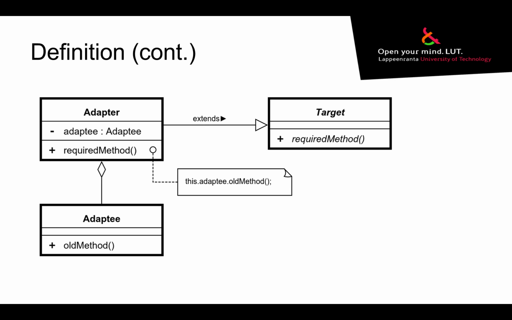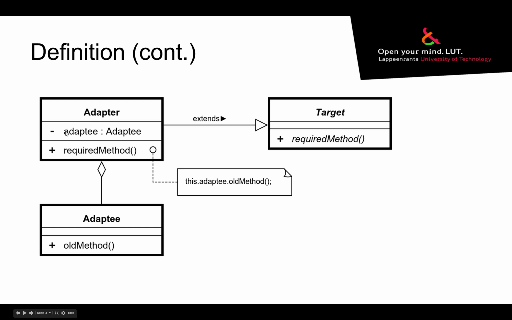So here's the UML. First up, we have our target interface that defines a method, required method here. And we have an existing class called adaptee that has a method called old method. So we want to use this interface or abstract class with this class. So our solution is that we take an adapter class and we inherit the target. We implement the required method and we also create an adaptee